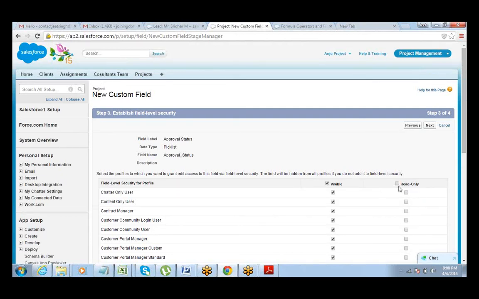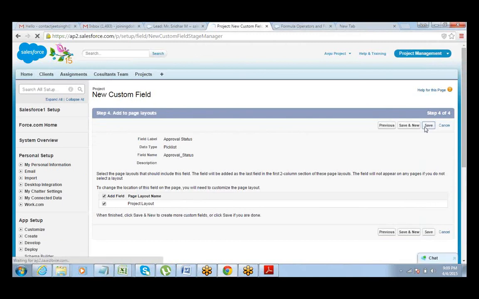I will make this a read-only field because I don't want the end user to edit this field. Approval status will be controlled by the approval process, right? So let me make it a read-only field. Save it.